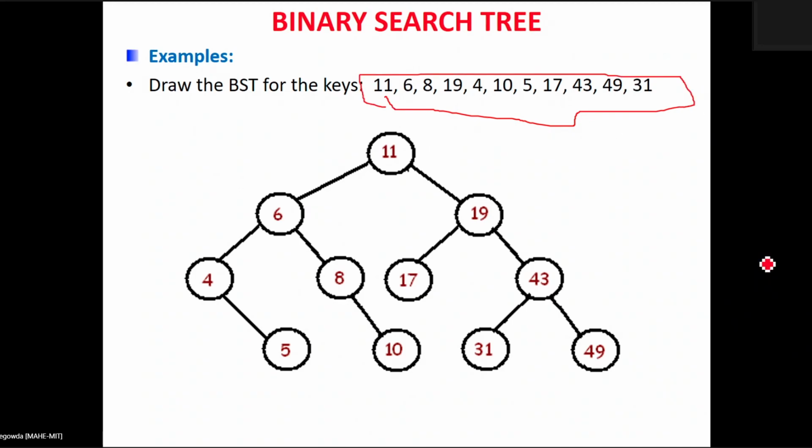So this is how you can create or construct the binary search tree if the values are given. What you have to remember is, if the value to be inserted is less than the root node, traverse left. If the value to be inserted is greater than the root node value, you traverse right. Wherever you find the empty subtree, there you create the node based on the decision and add that node.